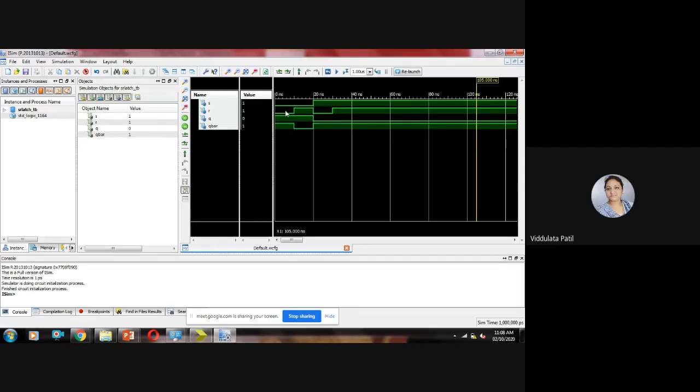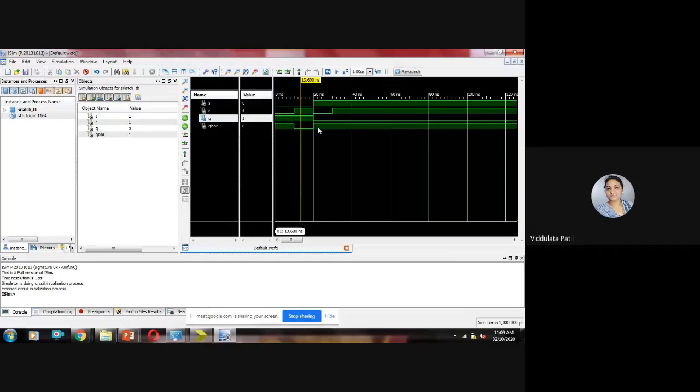So whenever S is equal to 0, R is equal to 0, Q is equal to 0, Q bar is equal to 1. Okay. Then for S is equal to 0, R is equal to 1, it will be in a reset condition. So Q is equal to 1 and Q bar is equal to 0.